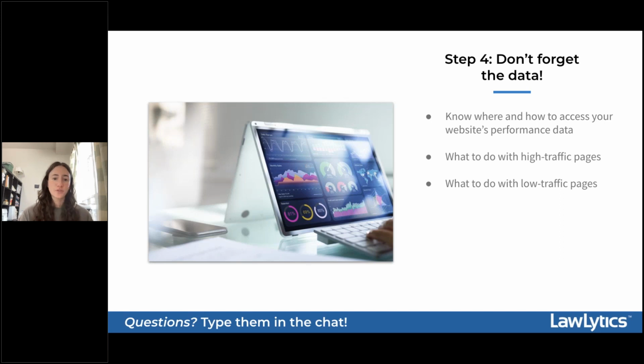look for high traffic and low traffic pages, as well as anything else that might pop up like broken links and things like that. If you're not sure how to pull that 6-month report, or if your marketing provider happens to be withholding this information from you, this should be a red flag, but this should be a top priority because you need to know that information in order to make any sort of educated decision about your website marketing.